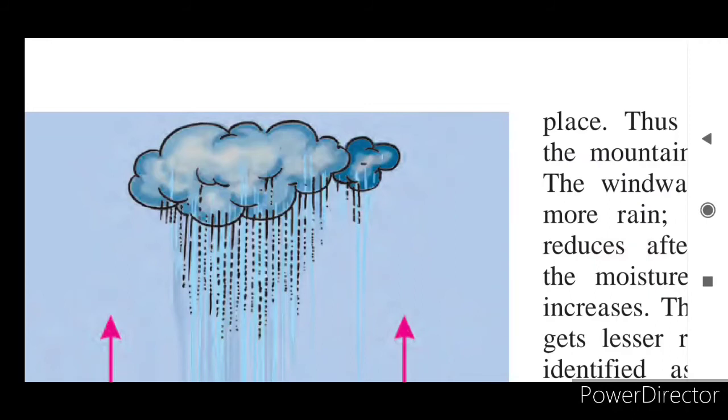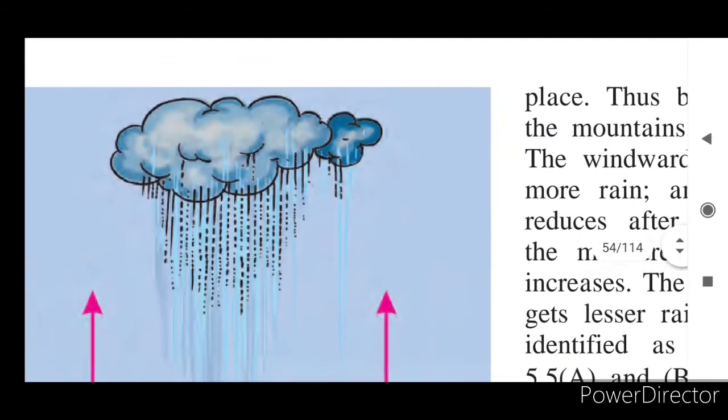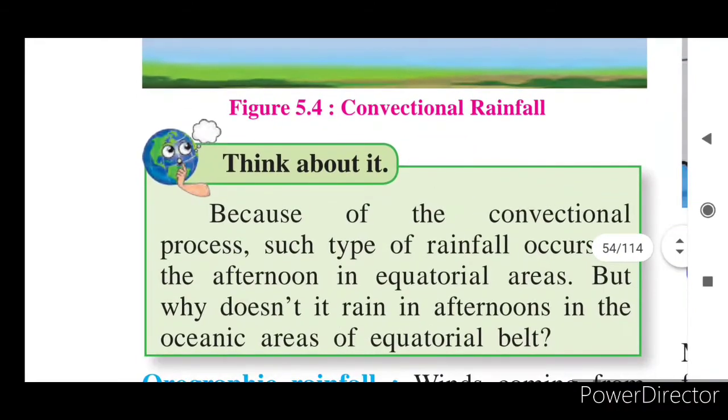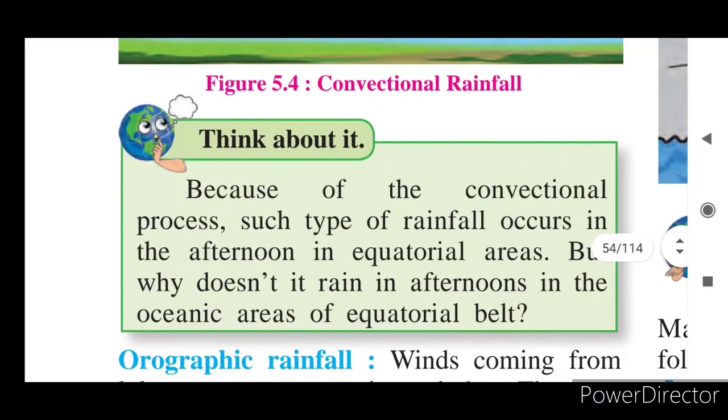and try to carry it up and up, you will find that as you take it higher and higher, water will fall down from it. So same with the clouds also. The water holding capacity of the cloud is less in the cold temperature, so that's why this convectional type of rainfall occurs. Because of the